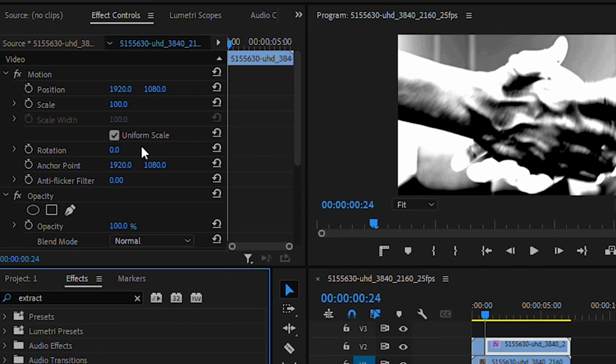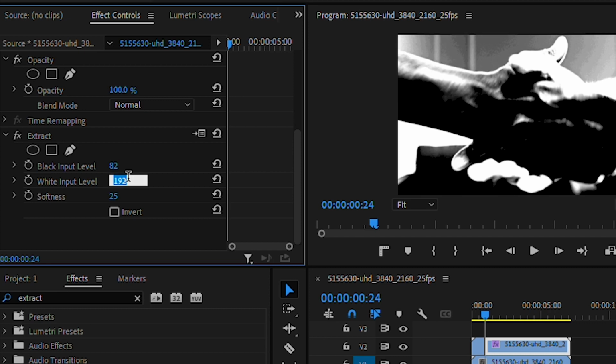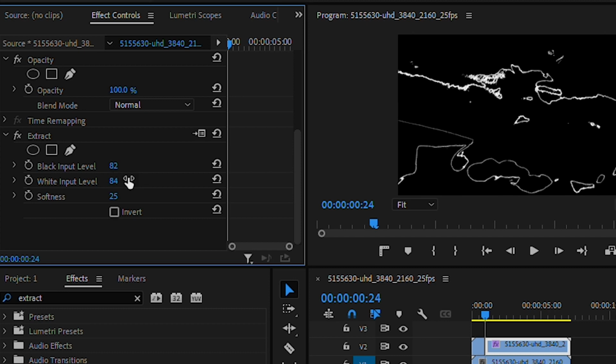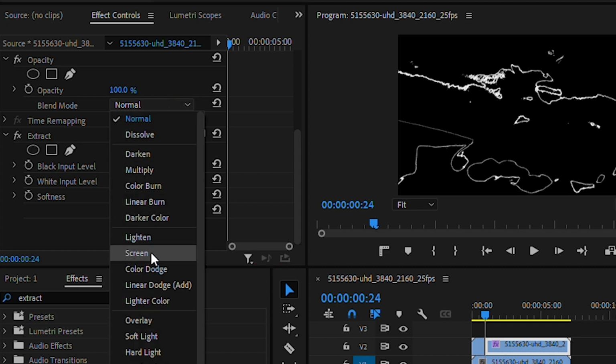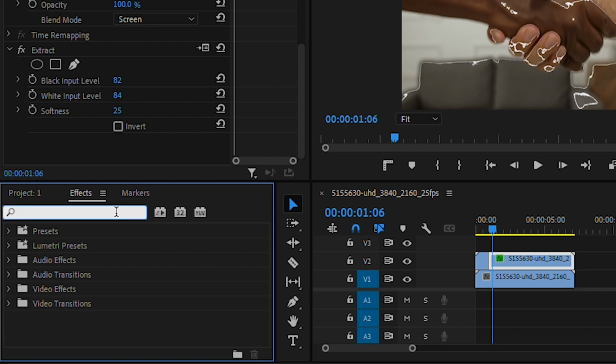Go over to the effects control and start modifying the values of black and white input levels until you get very thin white lines on your screen. In my case, these values are 82 and 84. Now under opacity, change the blend mode to screen and head over to the effects panel and type in VR